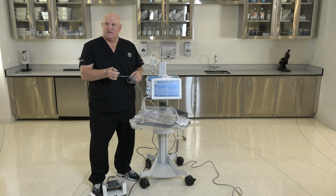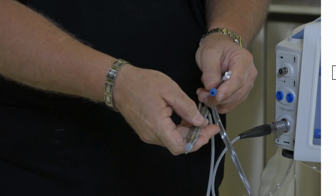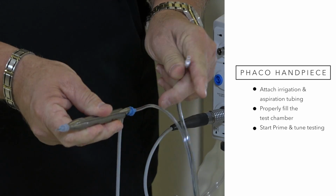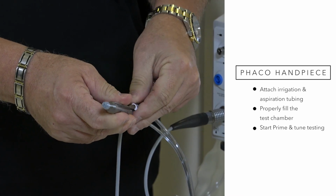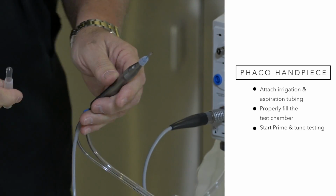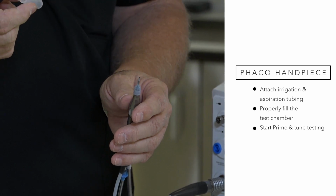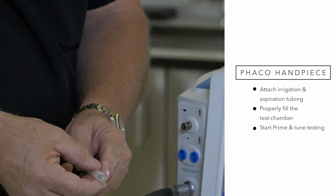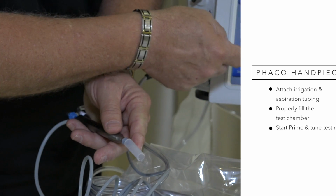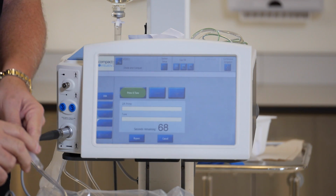Again, if the handpiece does not slide through easy, it's not lined up properly. You then attach your irrigation aspiration tubing to the handpiece. They cannot be connected wrong. And starting your prime tune cycle, you want to properly fill the test chamber to make sure you pass all the fluidics tests. So if we go to prime tune and start the cycle,